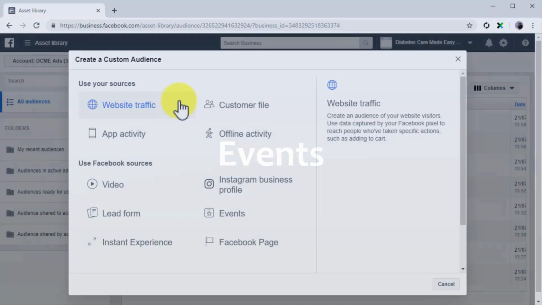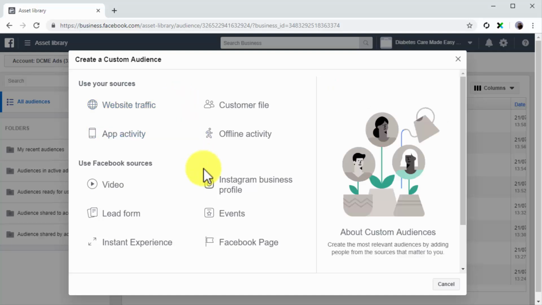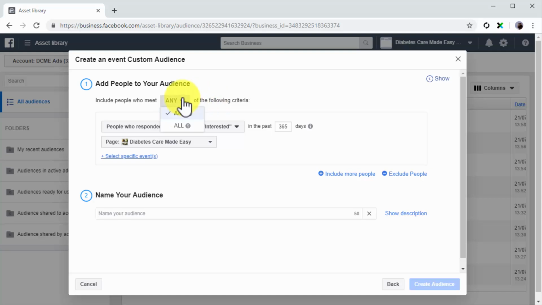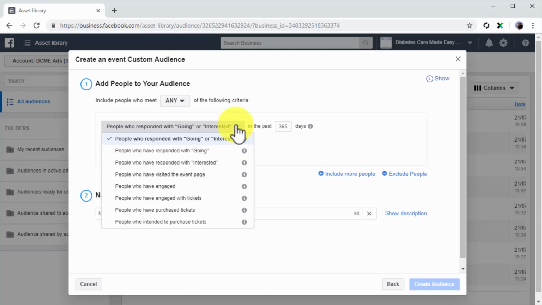Events. To create a custom audience from interactions with your events, select Events. Next, select an inclusion criteria, and then select a criteria. Here you can select people who responded with going or interested, people who have responded with going,